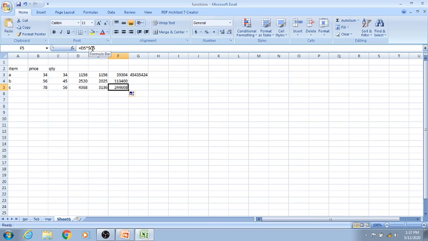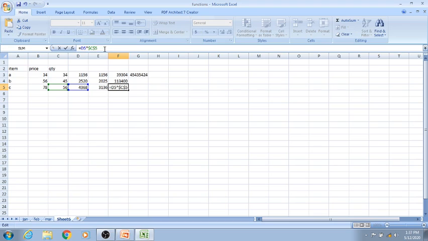Can you see that? So whenever you put a dollar sign in front of a column, that column will be fixed. If you put it in front of a row, that row will be fixed. If you are putting it in front of the row and in front of the column, means you are using the dollar sign for both, for a cell reference, so that particular cell will be fixed.